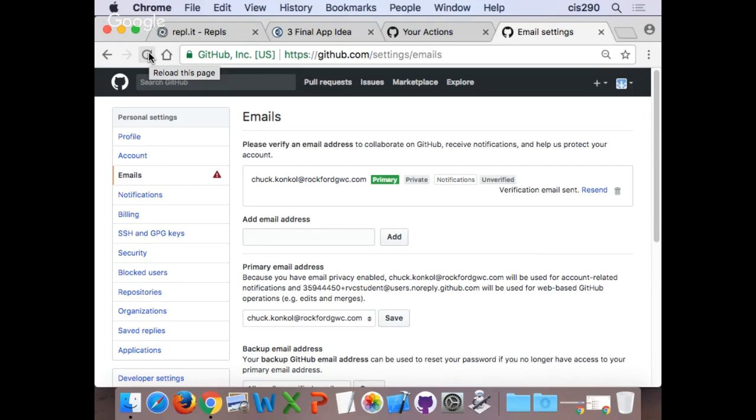I'm doing mine from my phone, so I have to log in via my phone with my username and password, which username is your email, password you just created. All right, mine should hopefully be verified now. Let's see here.